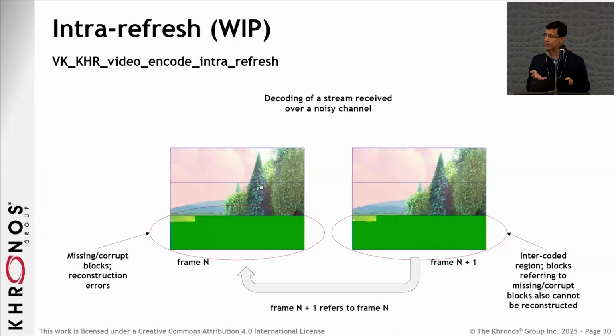So you can do that, but an intra frame is very expensive in terms of the bits, and that can lead to problems when decoding. So instead of having one entire frame that is intra-coded, the idea behind intra-refresh is to break up that intraness. So rather than having one frame which is intra, break the intra portions across frames. So intra-refresh is basically where you split up the intraness across a sequence of consecutive frames.